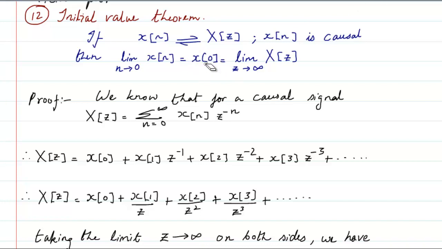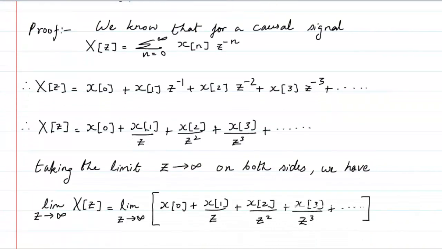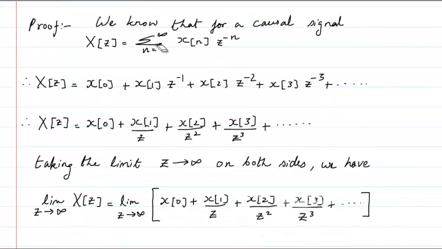Okay, let us prove that. We already know that for a causal signal, the equation of the z transform is given by this, wherein you can note that it is from 0 to infinity, because it's a causal signal, that is, only for positive values of n. So for n from 0 to infinity, if I take the z transform, this is the equation. Now I am going to expand this equation,